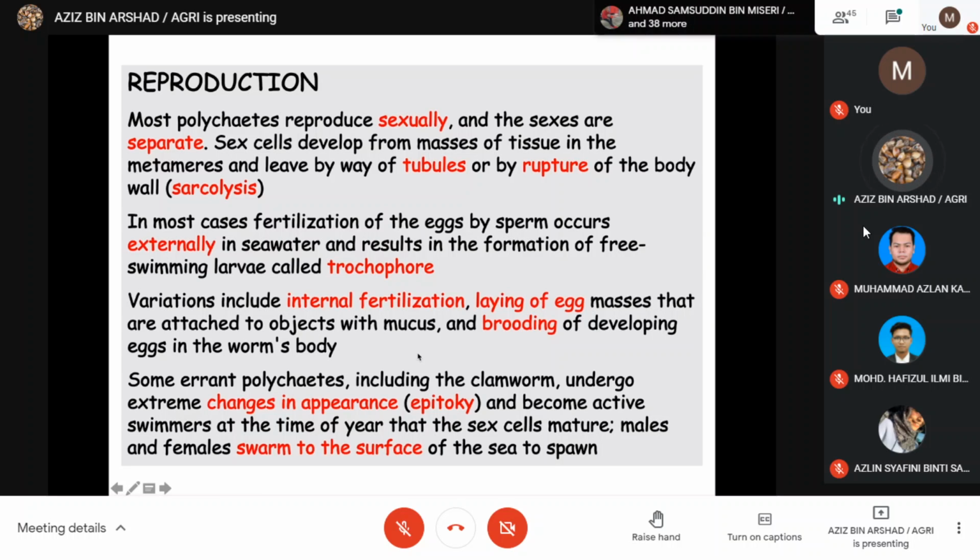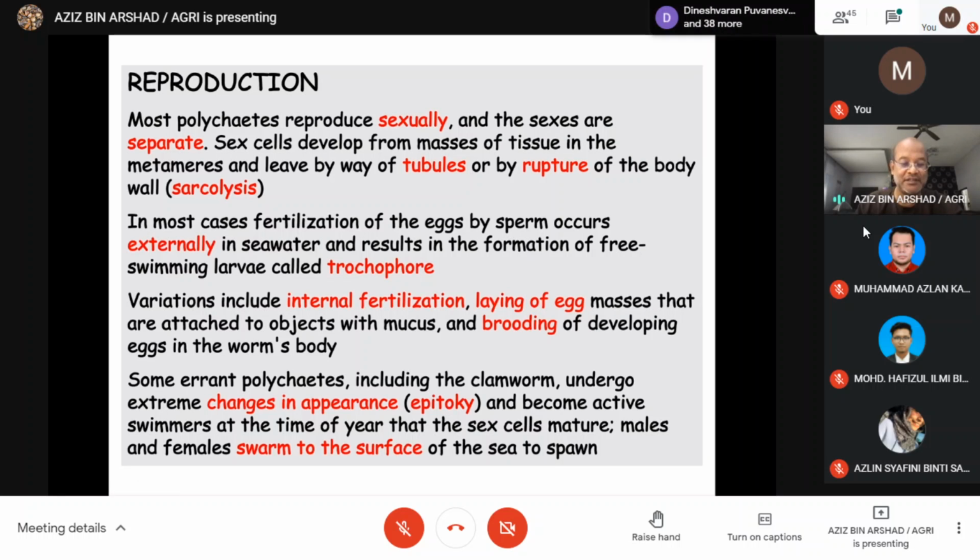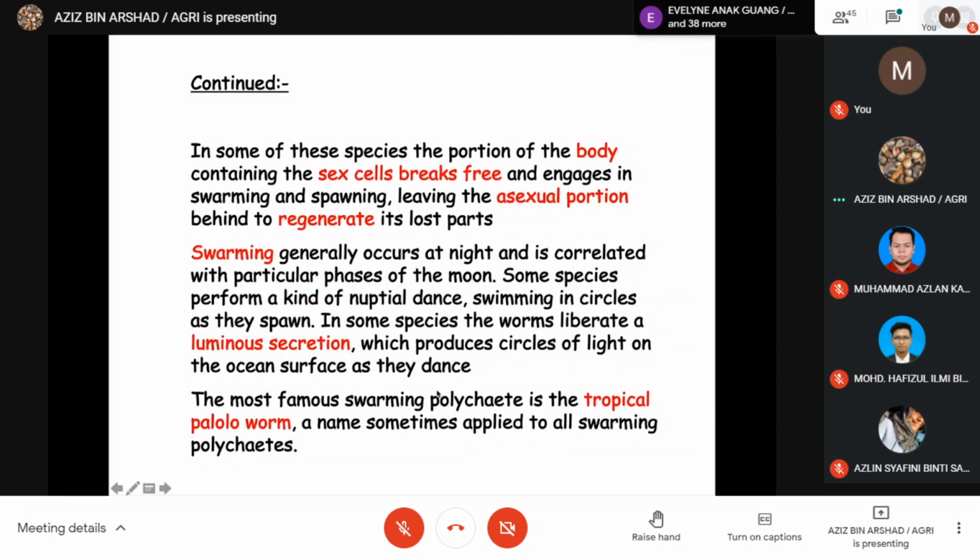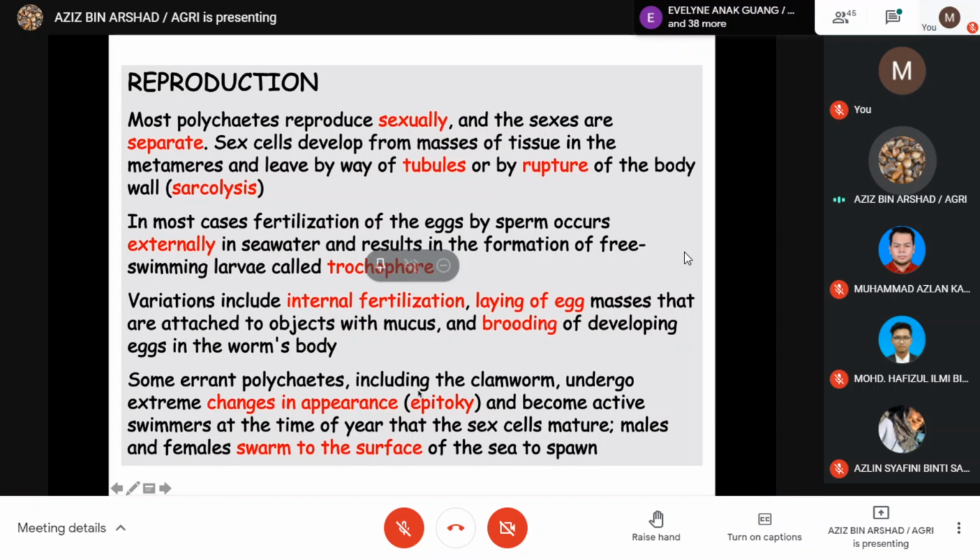One thing about reproduction of polychaete worms, they undergo what is called epitoky. This is a very interesting feature that is only applicable to polychaete worms. Only certain families and certain genera, and in the family also certain species, show significant epitoky. What is epitoky? Epitoky is the change in the head appearance of the worm